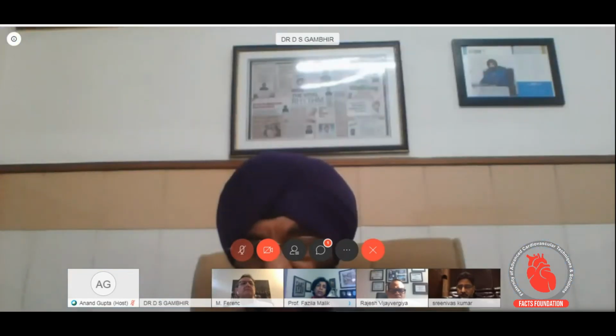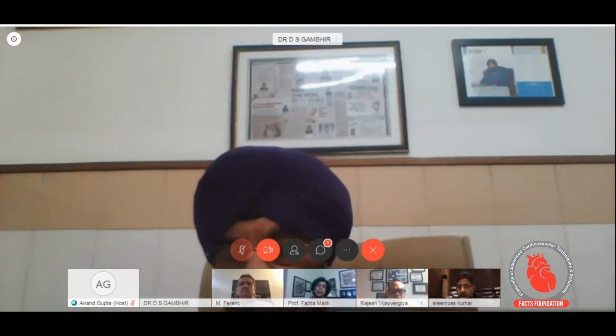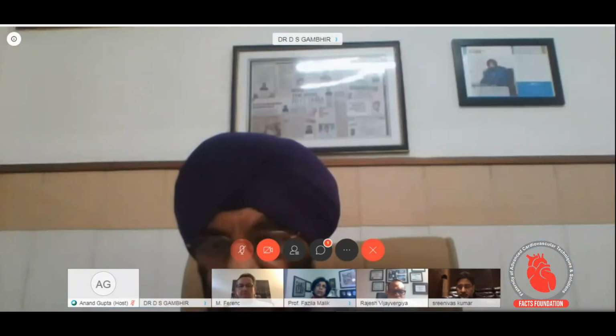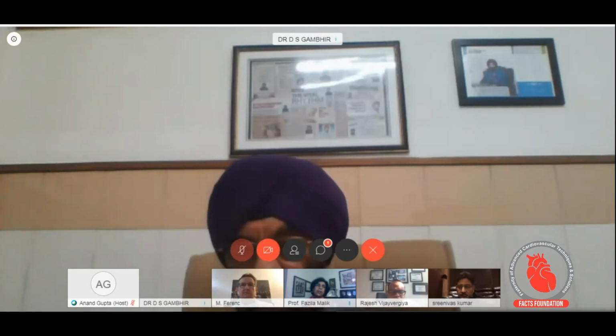And a slight difference of opinion here, I am not very keen to use a 1.25 millimeter burr straight away in these patients. If the vessel is more than 3, I straight away go with the 1.5 millimeter burr, because 1.25 has a higher tendency to get stuck than the 1.5, because when you are pulling it back, it gets stuck in the region. Because when you are pulling it back, it doesn't cut. So I go with 1.5 millimeter burr and optimally debulk,